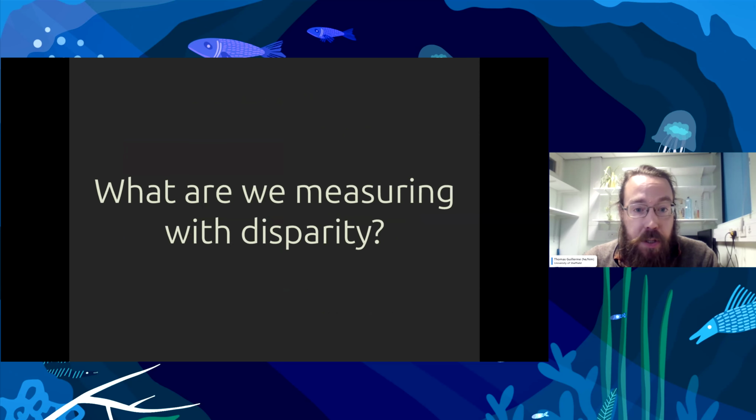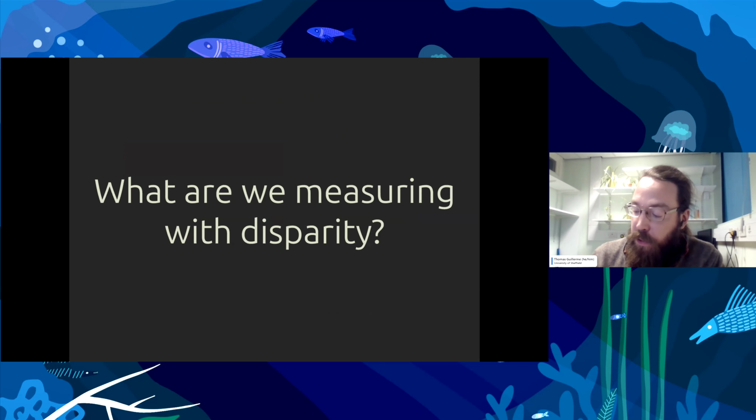This is a question I get quite often asked by colleagues: what should I use as a disparity metric to measure something? My initial response is always the classic, well, what do you think? And then I think a bit longer myself, and it's like, okay, we have to think, what are we measuring